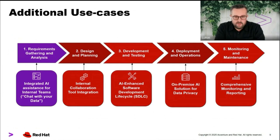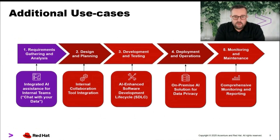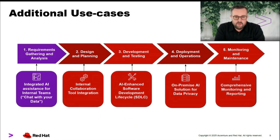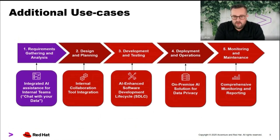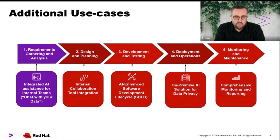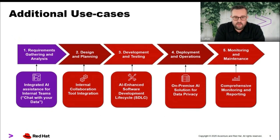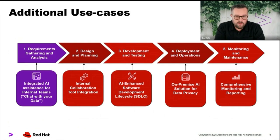In design and planning, AI can support collaboration by integrating directly with existing tools, improving alignment without adding overhead. During development and testing, automation can accelerate cycles with AI assisting in code validation, defect detection, and quality assurance. For deployment and operations, we see a strong potential in using AI to simplify compliance and support data privacy workflows, particularly in these industries. And in monitoring and maintenance, AI can help detect issues earlier and generate meaningful insights through